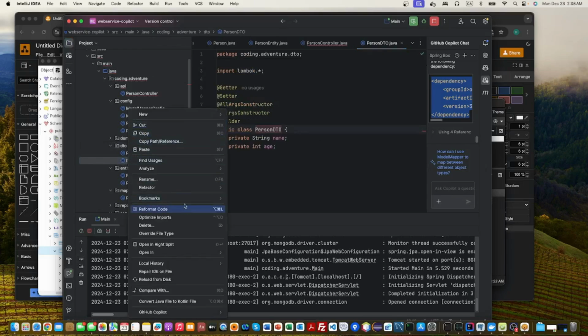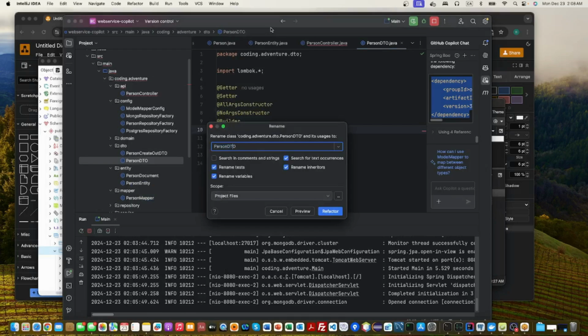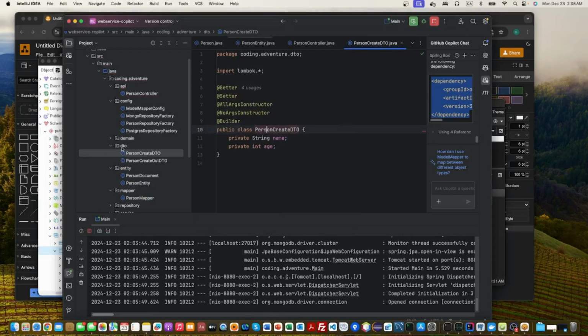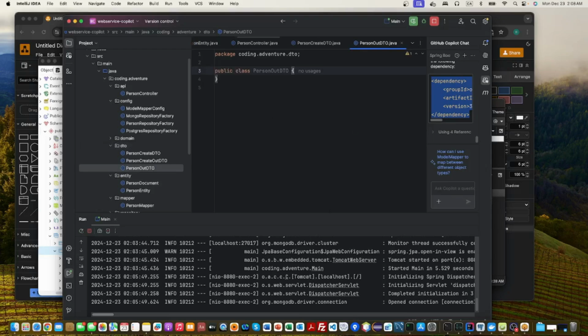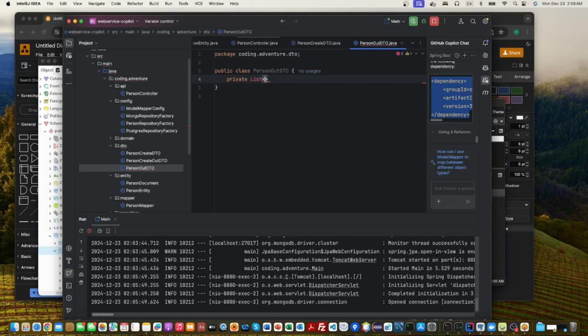Since we have one person DTO, I'm going to rename it with refactor, and I name it as person DTO. And I'm going to create a new Java class and name it as PersonOut. The PersonOut DTO will be a list of